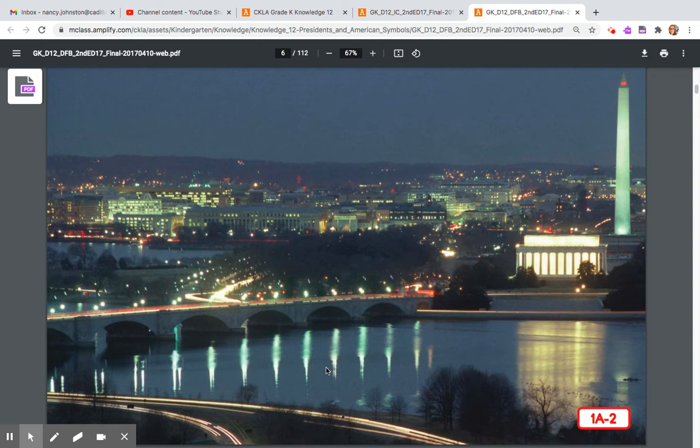There is one very important city in the United States that is not in any of the 50 states. In fact, it is the nation's capital. It is the city where most of the decisions that affect our country are made and where the government is located. Our nation's capital city is the part of the United States where the President of the United States lives, Washington, D.C. The President is the elected leader of our country.